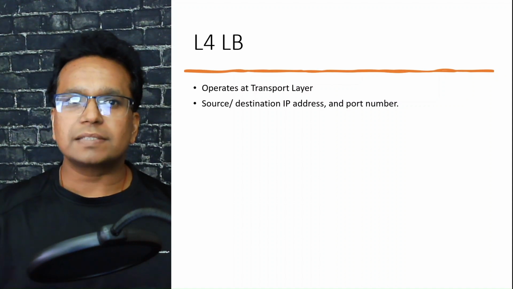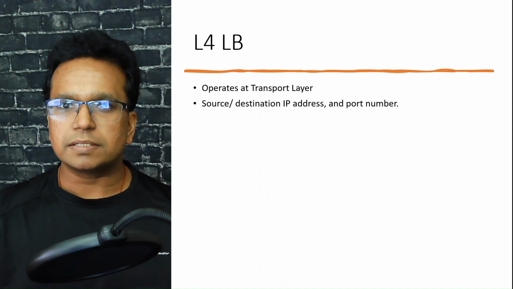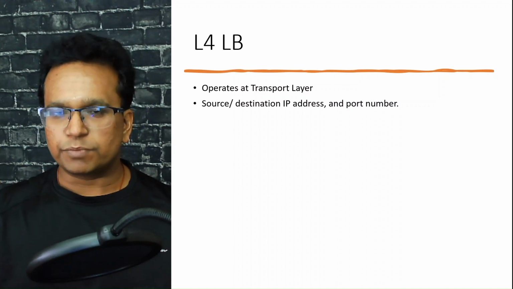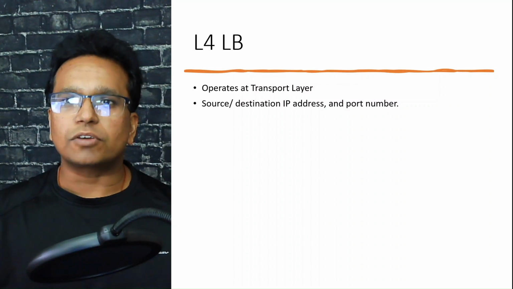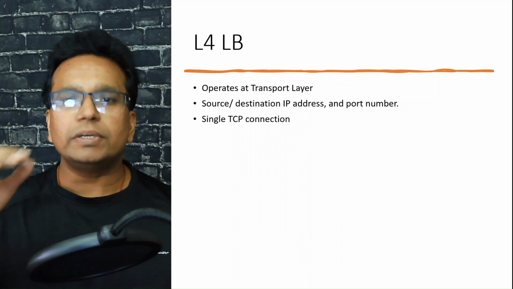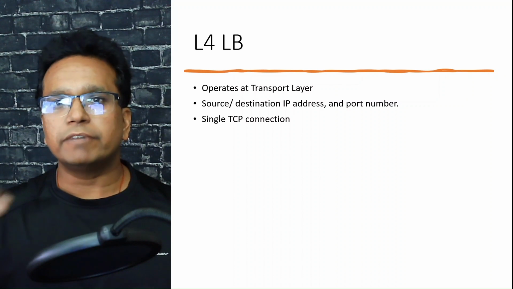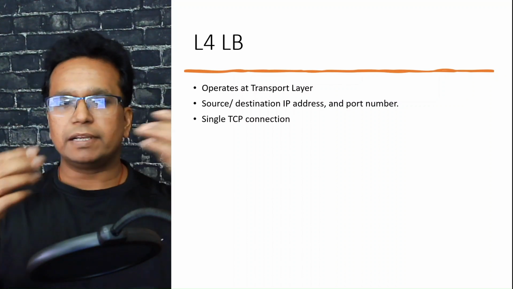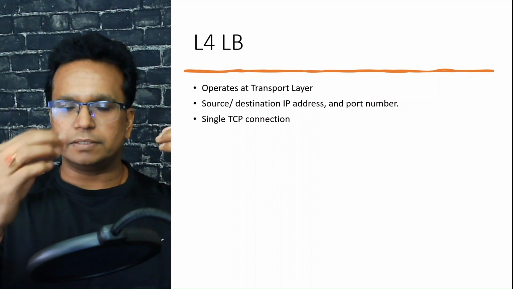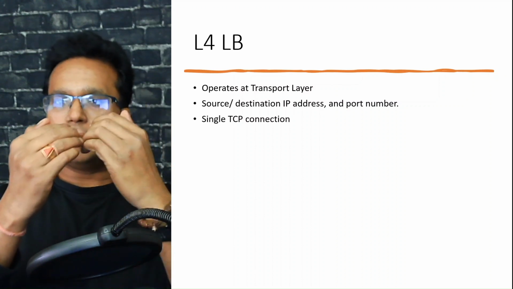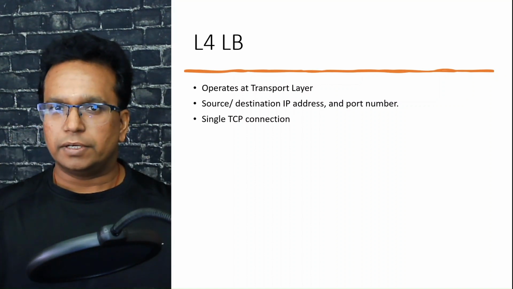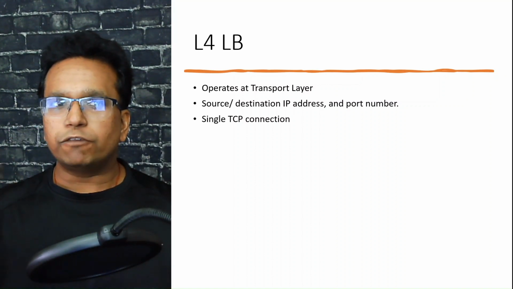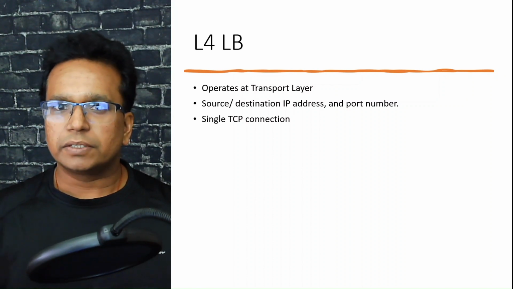These four things, like source IP address, destination IP address, source port number and destination port number, are also called 4 tuples. And if you add a protocol to that, it's called 5 tuples. There is only one connection per request, and when I say one connection, it means that, for example, I have a client and I have a load balancer. So client to the load balancer, and then from the load balancer to the server, it is a single connection, right? So an L4 load balancer creates only a single TCP connection for the request.